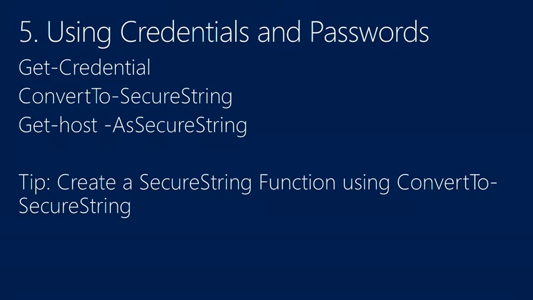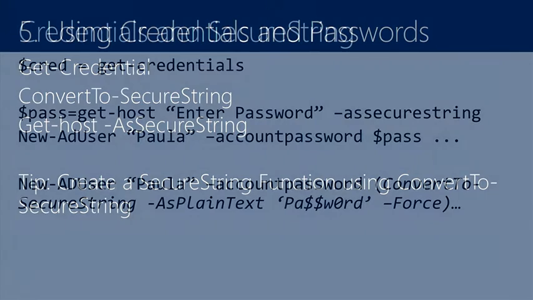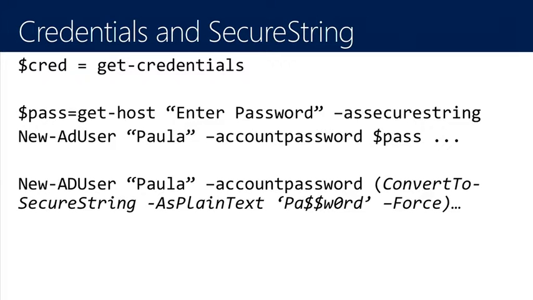And because I put the as secure string on that, when they type it in, they're just going to see dots. So those are all interactive ways. The convert to is great for if I'm, again, using import. If I really want somewhere in the middle, you can always, if you want to go a little more advanced, you can create a little function that you call in your script that will basically take a string and convert it for you or prompt you once for it. Those types of things.